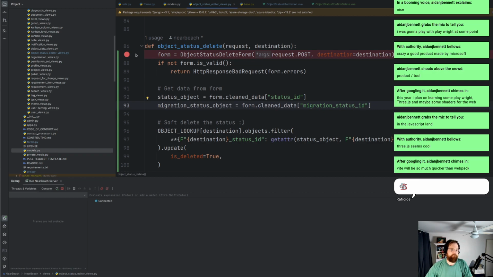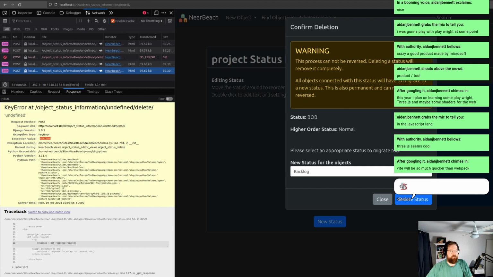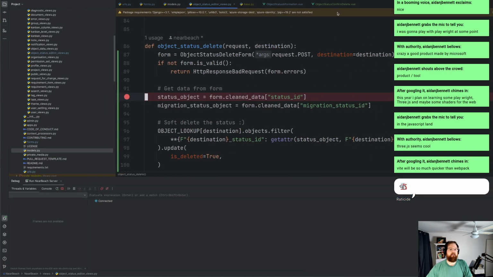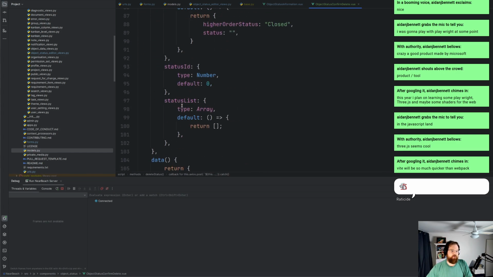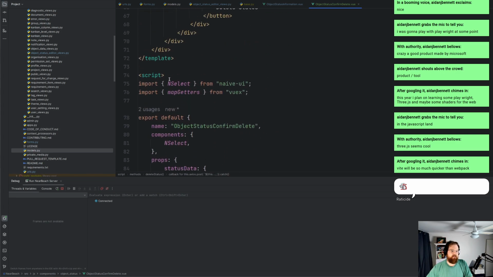Is that it? I just want to make sure we're getting to this point here. Okay, so I'm going to hit delete. No, we're not. Well, destination is yes. The one thing I forgot to do is down here in the computed section, we need